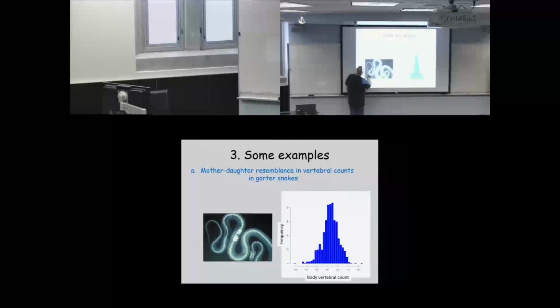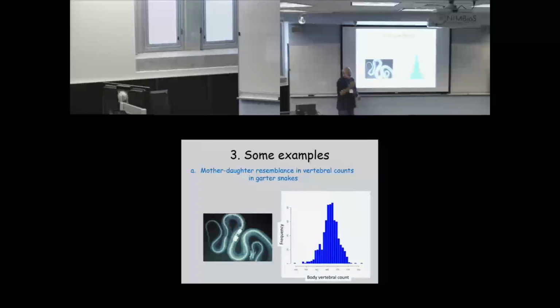If you look right here, if you're close to the screen like me, you can see the ribs end right there. So this is the beginning of the tail, so we can count the number of tail vertebrae and the number of body vertebrae. And you don't have to do an X-ray to do it. If you flip a snake over, you can see the ventral scales, which line up one for one with the body vertebrae, and there's a distinct set of scales on the tail that are divided,